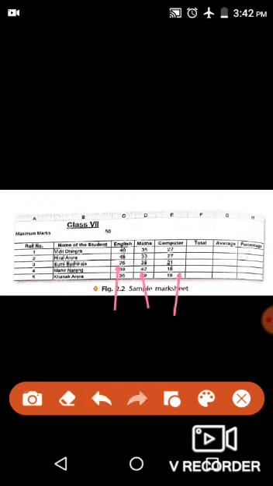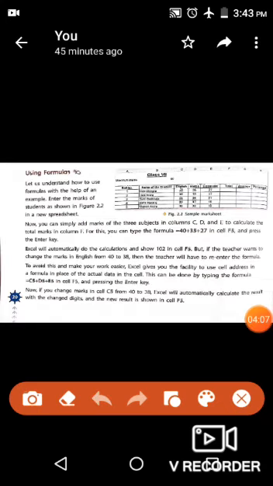You can type the formula directly, is equal to 40 plus 35 plus 27. Total marks will be 102 after pressing the enter key. Excel will automatically do the calculations and show 102 in cell F5.